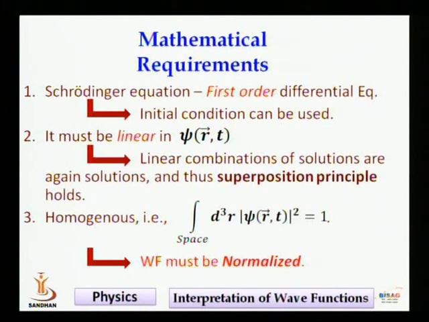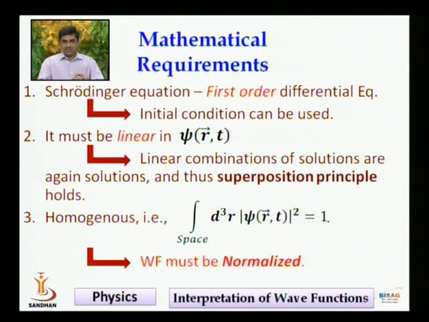Looking at that equation, definitely we say that the Schrödinger equation is a first order differential equation. Then as a curious person, we may ask why it is a first order equation, why not second order or a higher order differential equation? It is mathematical in nature. Whenever we have a first order differential equation, it gives a mathematical ease to solve it